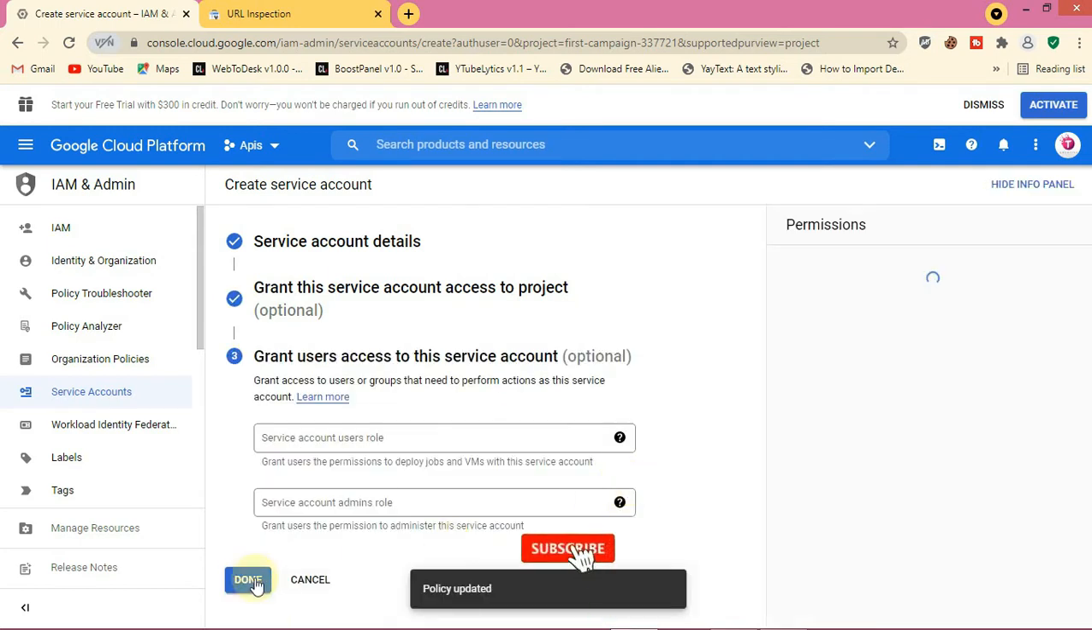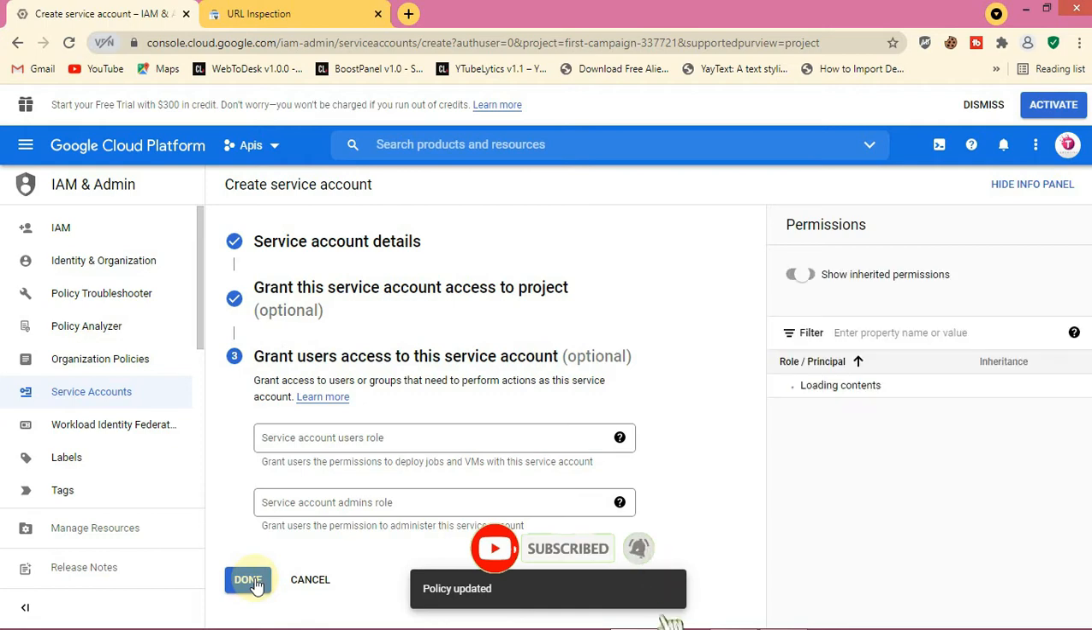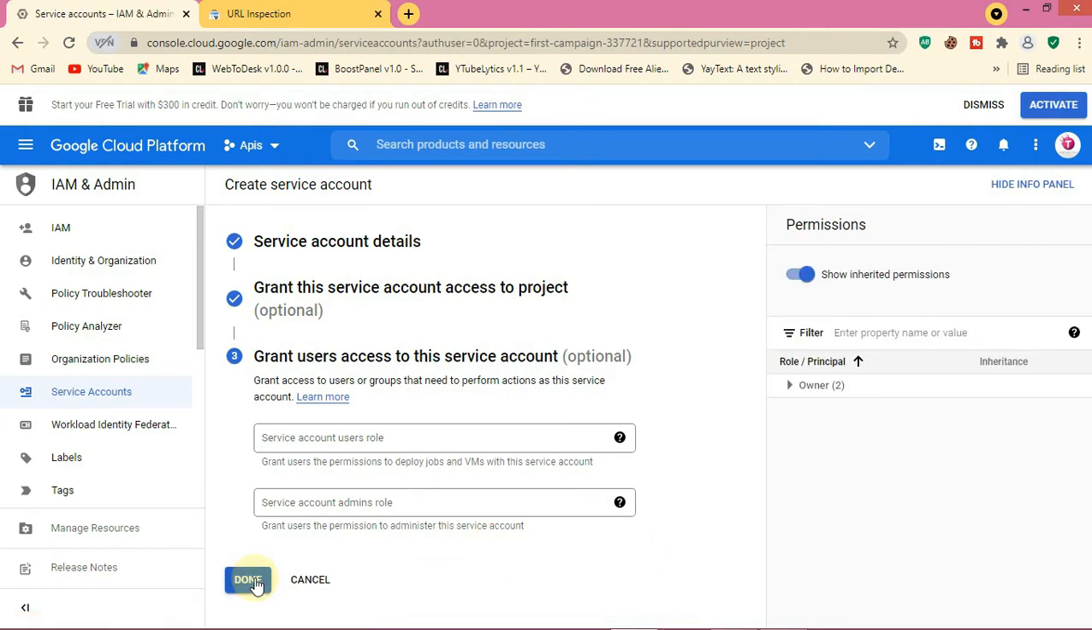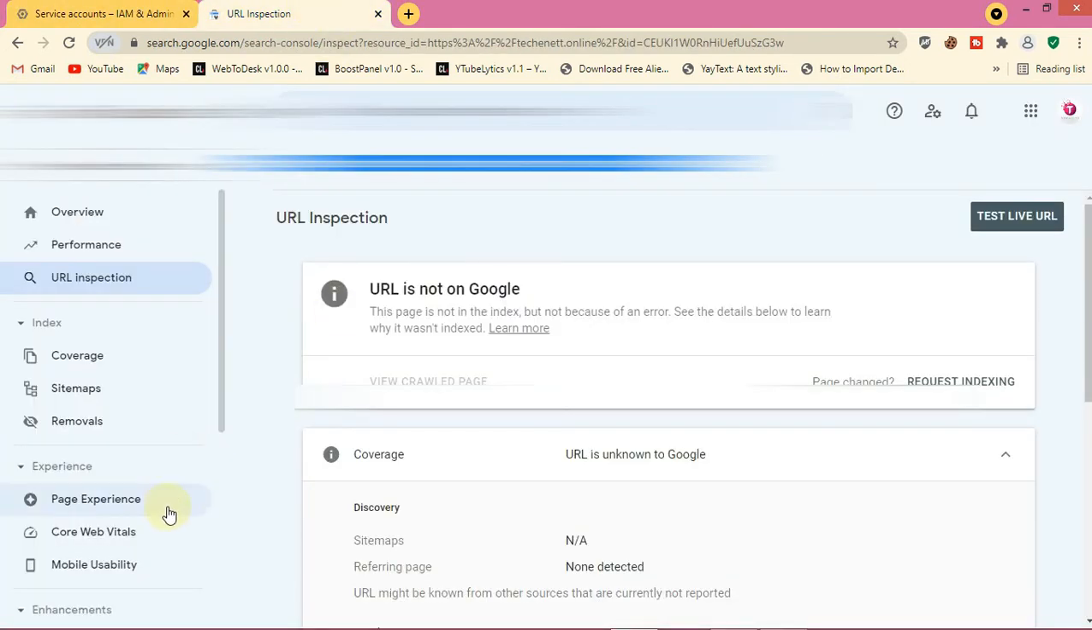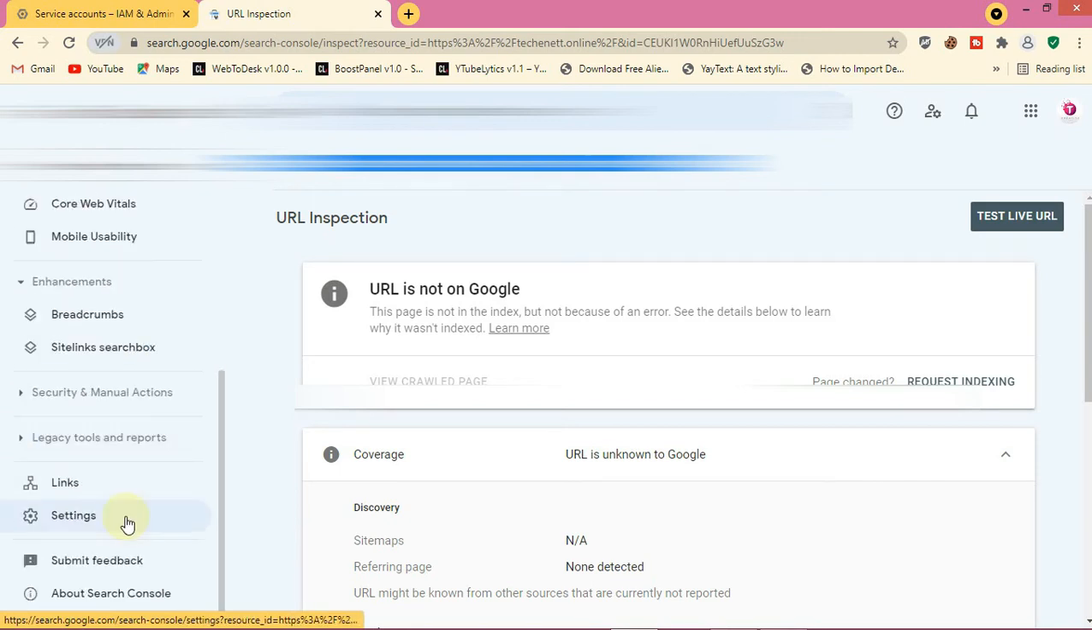Then click on done. So now we have successfully created our service account. So we will need to copy this service account onto our Google Search Console to give it permission for indexing. So now go to your Google Search Console dashboard and go to settings,